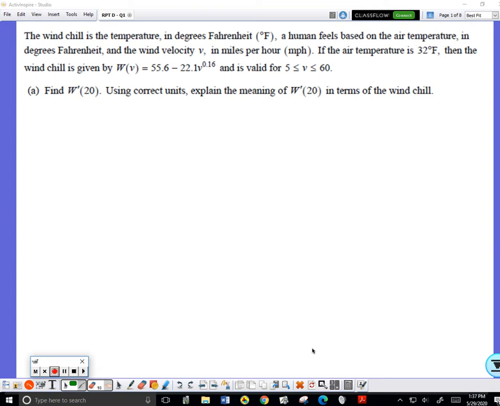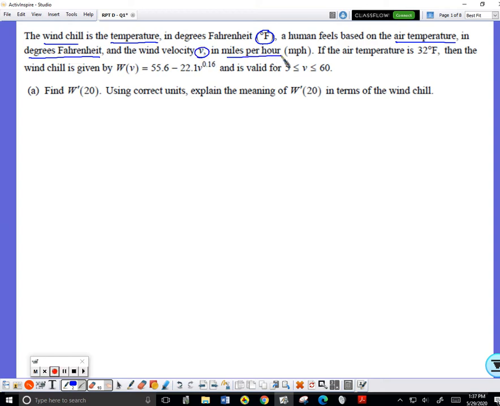Okay, once again, don't solve AP problems by remembering other questions. Just read and solve what's in front of you. The wind chill is the temperature, in degrees Fahrenheit, that a human feels based on air temperature in degrees Fahrenheit. So we've got the wind chill in degrees Fahrenheit, air temperature in degrees Fahrenheit, and the wind velocity in miles per